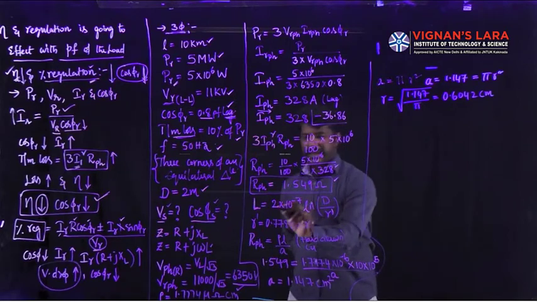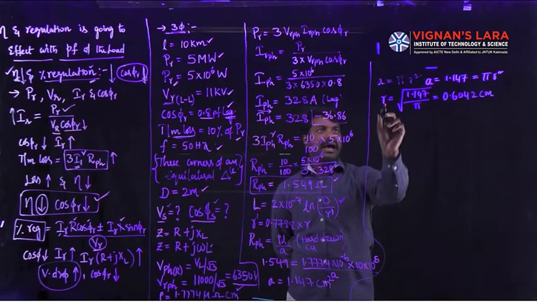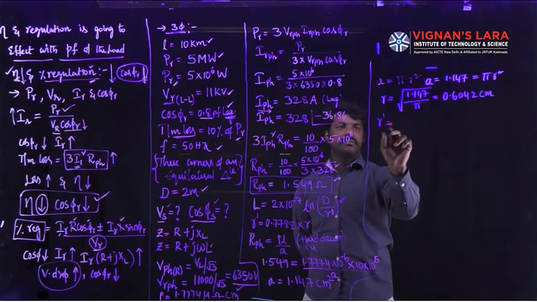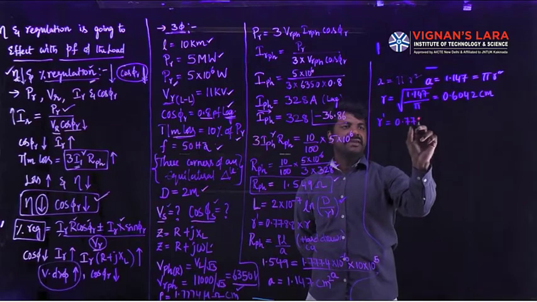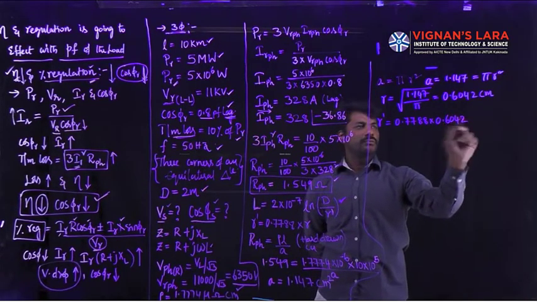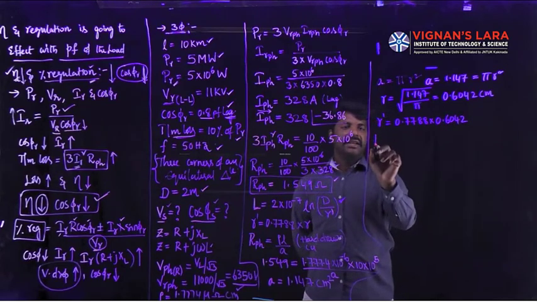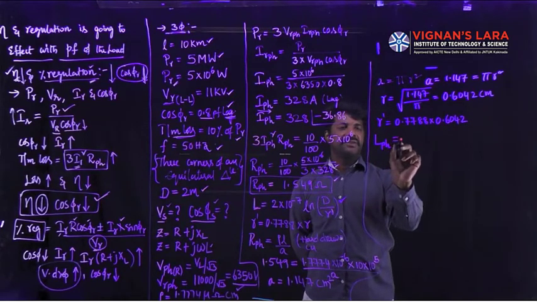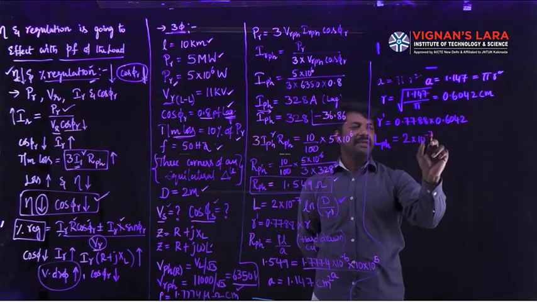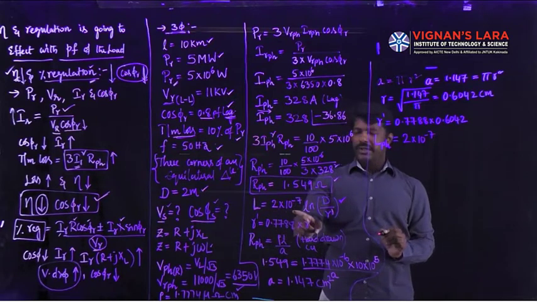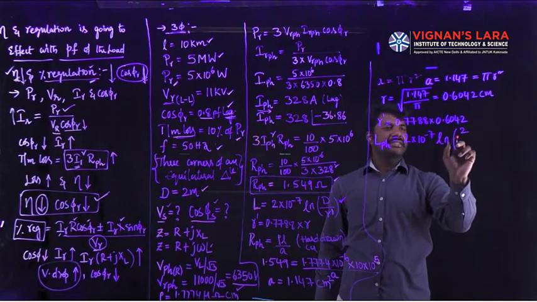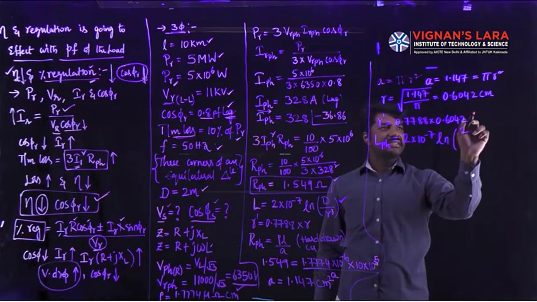So here we have calculated the r value. Since r is known, immediately we can get r dash, whose value is 0.7788 into radius r, 0.6042. This is r dash. Then our immediate step is to find out the inductance per phase. Inductance per phase is equal to 2 into 10 power minus 7. I am substituting directly in the formula: 2 into 10 power minus 7 ln of distance 2 meters, as this r dash is in centimeters.